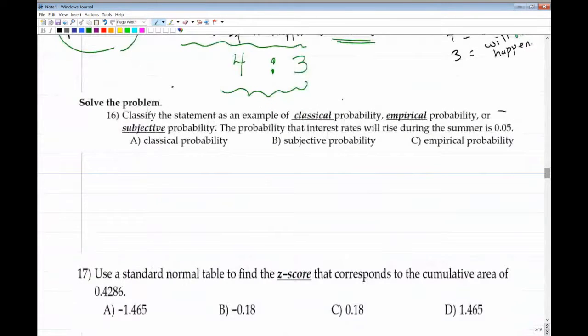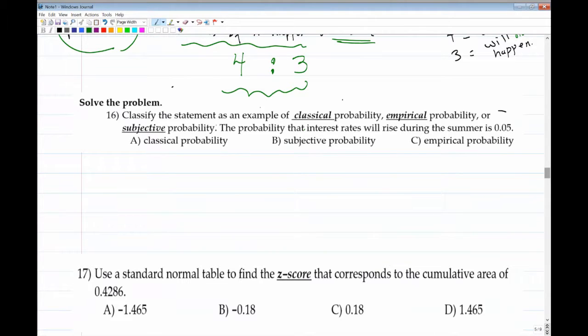Now we have the words classical, empirical, and subjective. Those are the types of probability. Subjective is just an opinion, called an educated guess. Empirical deals with frequency, the number of times something happens. Classical is the actual probability, like the birth of a baby boy. That's one half. That is classical because it's an actual probability of getting a baby boy, which is